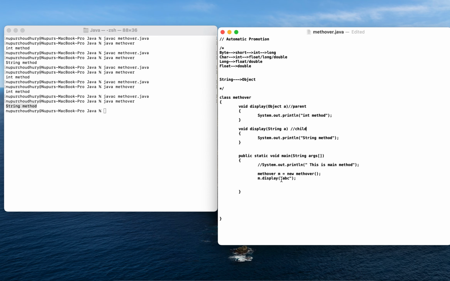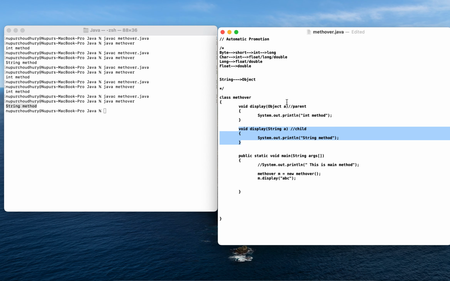If your work is getting resolved with the child, why would we go and disturb the parent? So if I am passing a string value, immediately it will compare the parent and the child, and the method which has the child data type or child class will be given preference, right? So this is the third concept that we have discussed, that automatic promotion takes place between the data types, and string is a child of the object, and if there are two overloaded methods which have the parent and the child, then the child method would be given more precedence.